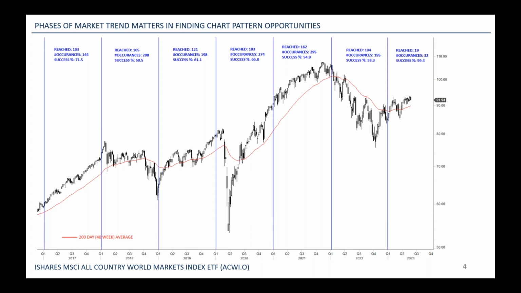Breakouts are basically a momentum strategy. So once the consolidation is completed, you want to capture the trend period. And to be able to capture the trend period, you should have a directional move. Now, if you look at 2017, a massive directional move gives you a 71.5% success rate in terms of chart patterns. So that means stocks that are completing their consolidations are immediately running their price targets because it's a momentum-driven